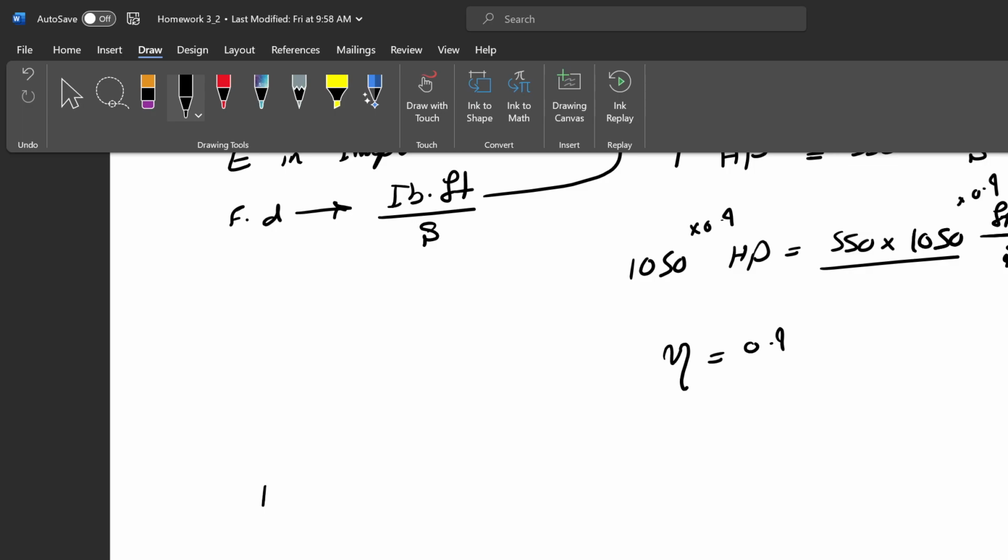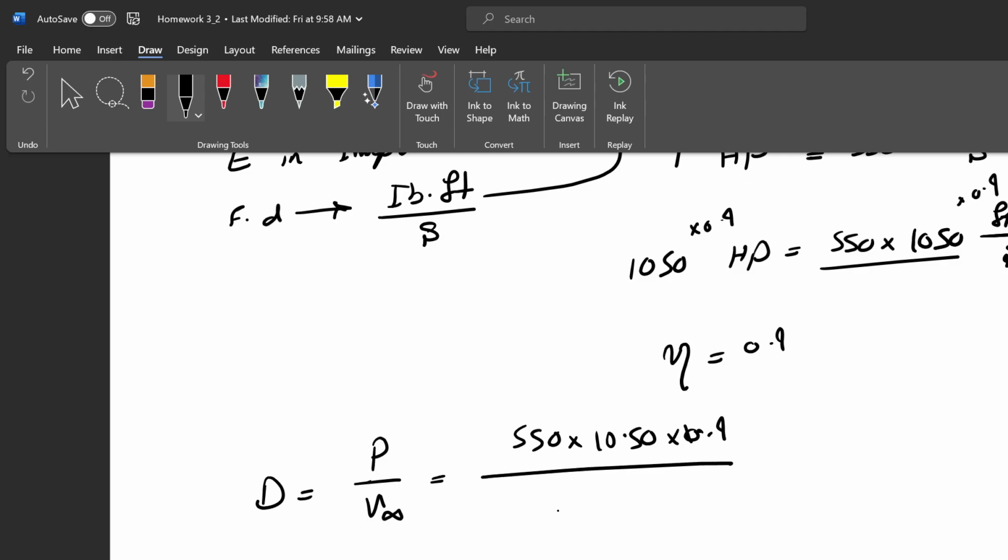Which means that your drag, let me actually plug this in, is going to be equal to power divided by velocity: 550 multiplied by 1,050 multiplied by 0.9 divided by 530.933, which is going to give you a value of, I'm looking at my solution, writing this value, 978.94